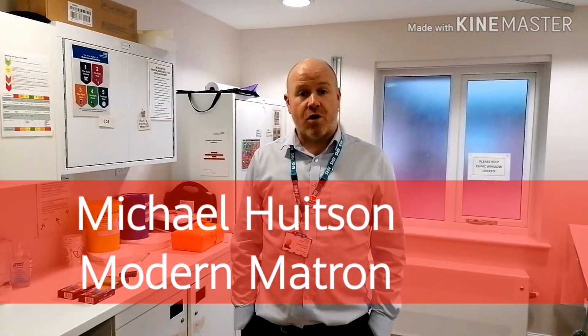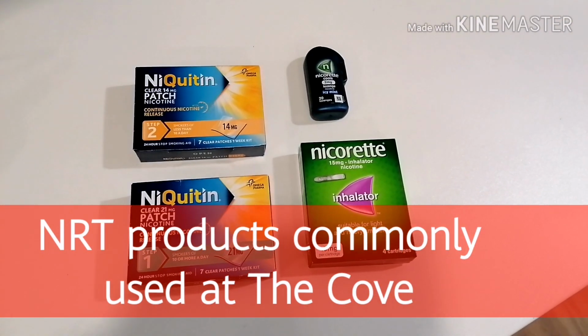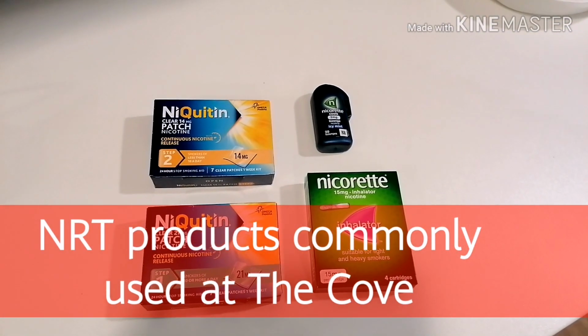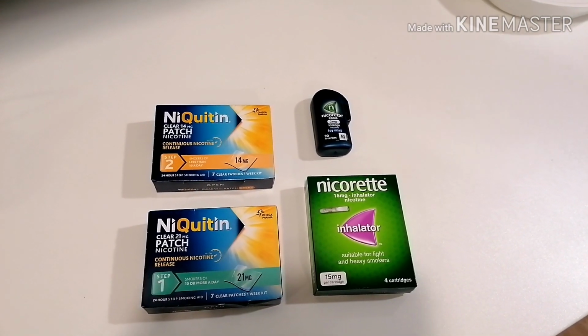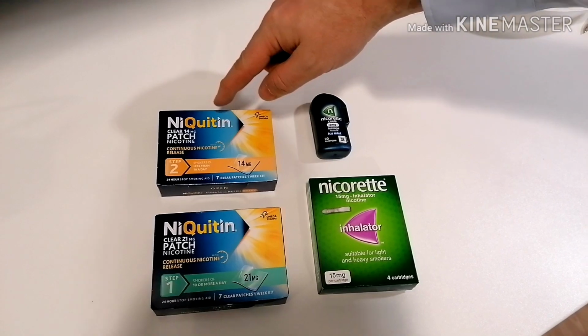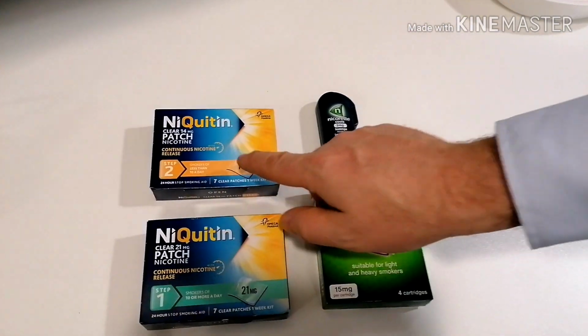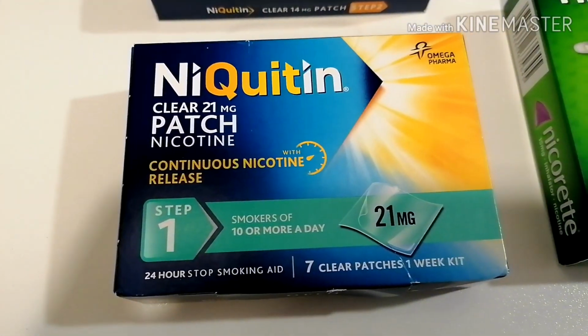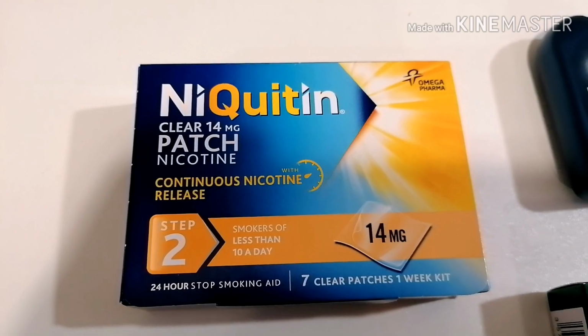Yeah, in the clinic at the Cove, I'm just going to show you some of the NRT products that we currently use for young people who want to abstain from smoking during their inpatient stay. There are 3 products that we use most at the Cove, and the NRT patches. You can see here patches for smokers of 10 or more a day, and for smokers of 10 or less a day. But what we find is young people at the Cove aren't typically addicted to nicotine, and